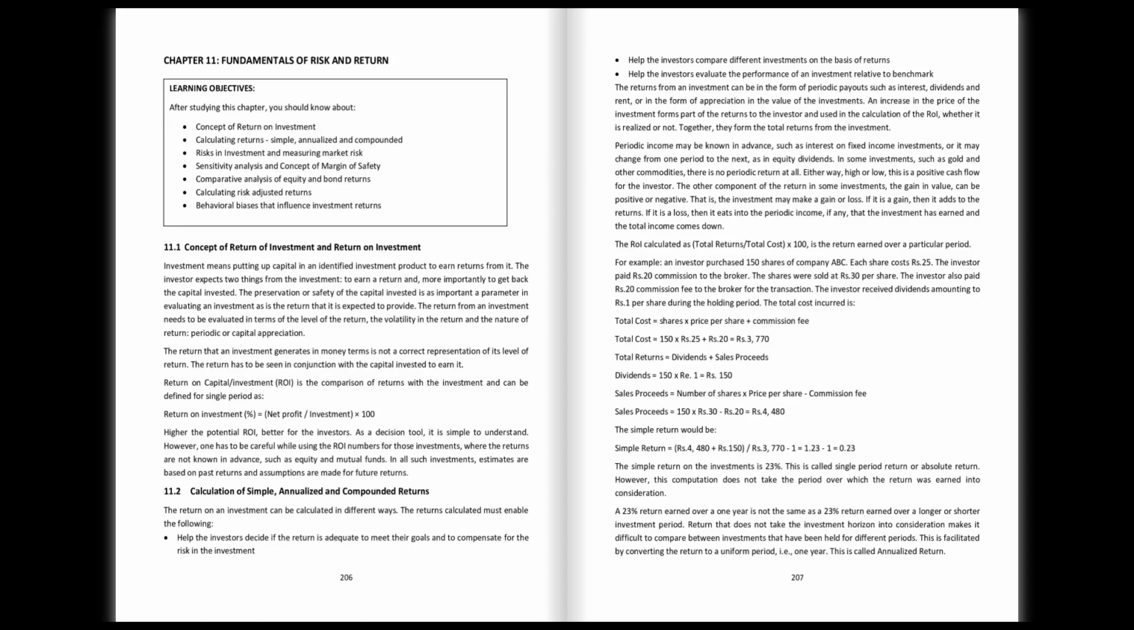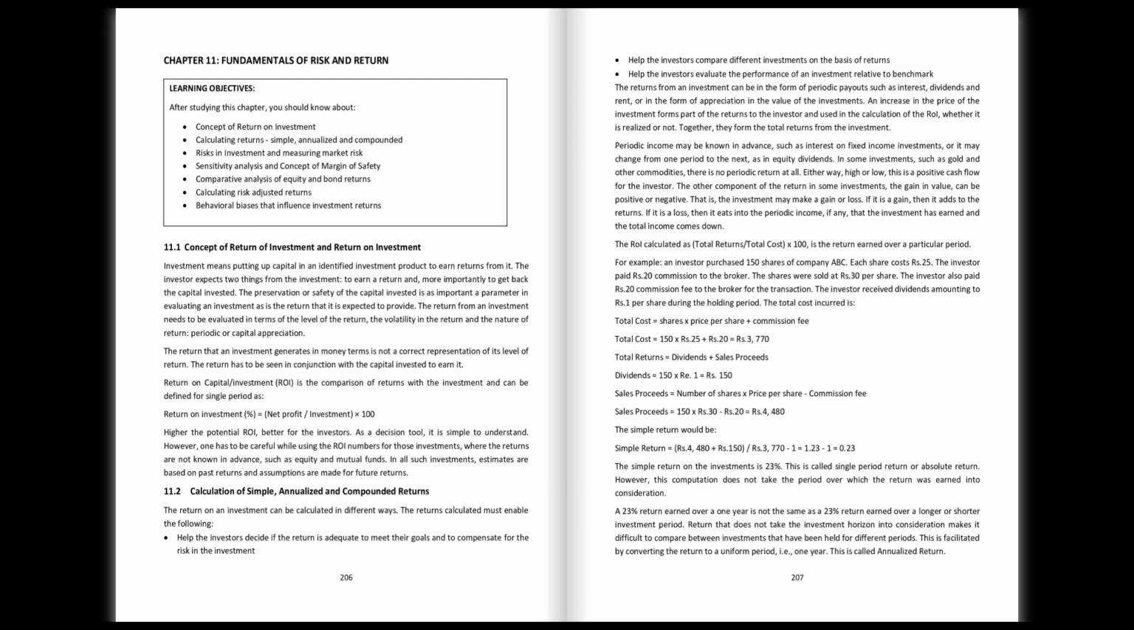For example, an investor purchased 150 shares of company ABC. Each share costs 25 rupees. The investor paid 20 rupees commission to the broker. The shares were sold at 30 rupees per share. The investor also paid a 20 rupees commission fee to the broker for the transaction. The investor received dividends amounting to 1 rupee per share during the holding period. The total cost incurred is total cost equals shares multiplied by price per share plus commission fee. Total cost equals 150 multiplied by 25 rupees plus 20 rupees equals